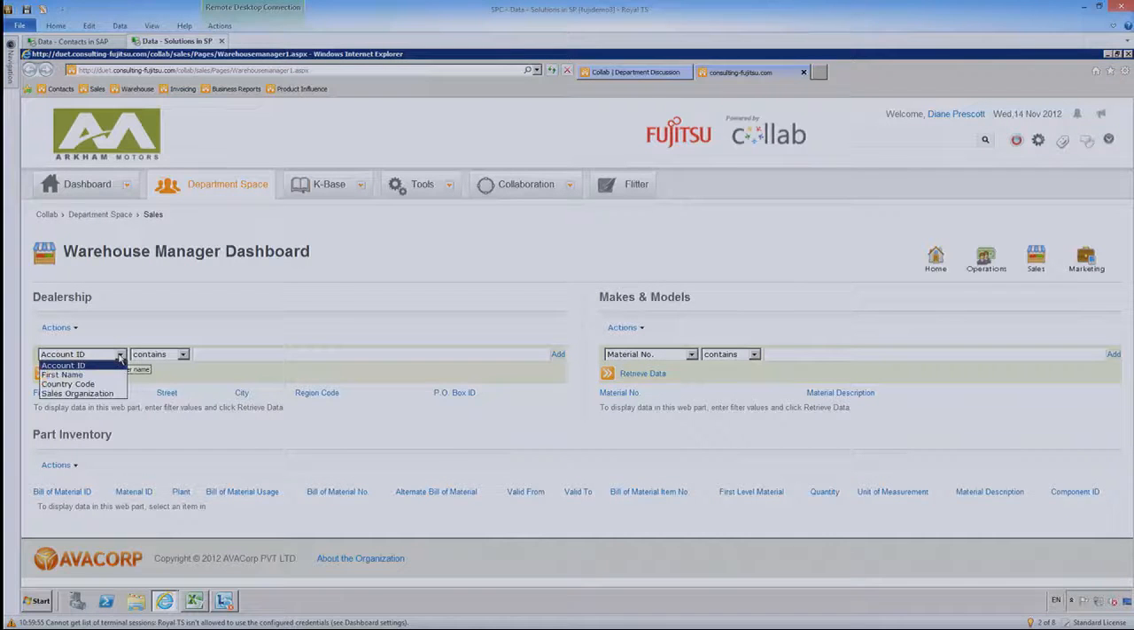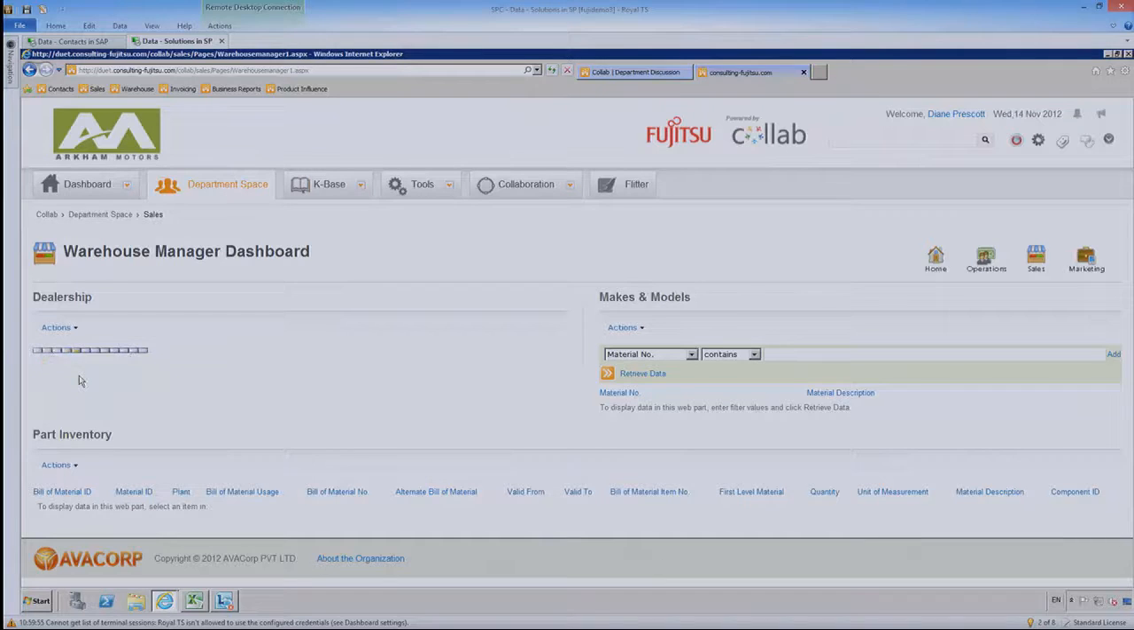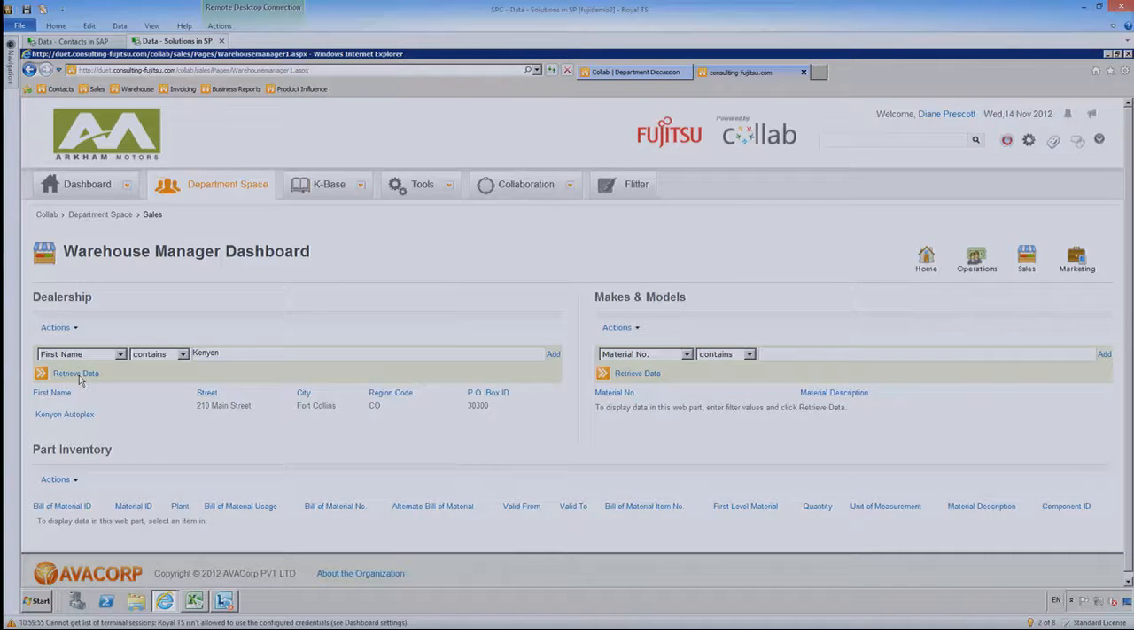Remember the warehouse manager, Jimmy? Jimmy Chan remembers the warehouse manager. Yes, he does. We've got first name. I'm going to look for Kenyon, and I'm going to retrieve that data. It's going to pull the information back from SAP, and it's going to surface information for me about